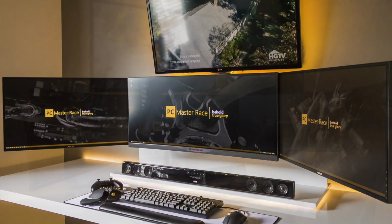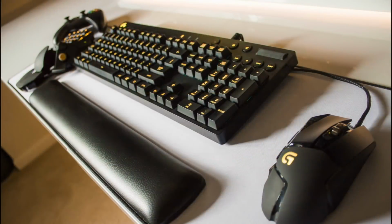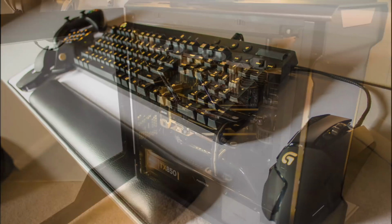So those three right in front of him with that overhead display, and the RGB light strip surrounding his desk and behind his monitors is going to that yellowish kind of color. But you just don't see that gold or copper look too often. Even the RGB lights in his peripherals are set to that color so we can all match it to that color theme. And I wasn't entirely sold until I saw his PC, in which he went and found certain custom